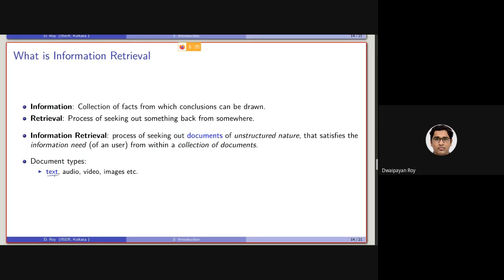Let's say the newspaper articles of, say, the Telegraph from 1st of January 2021 to the 31st of January 2021. So this will be the collection of documents, for example, where all the textual information will be considered. There will be some images, I know, but we will be concentrating only on the textual part.